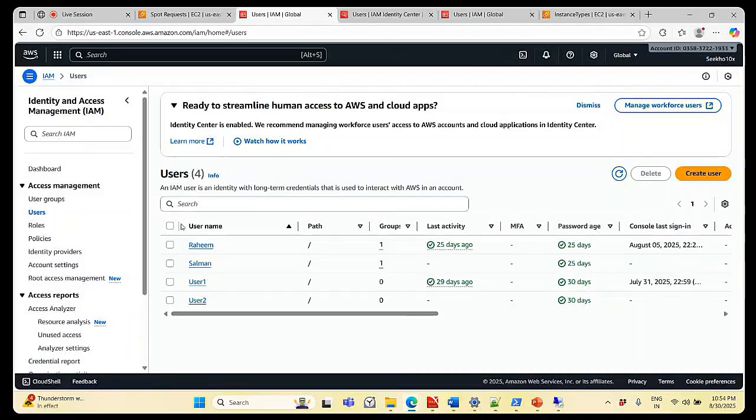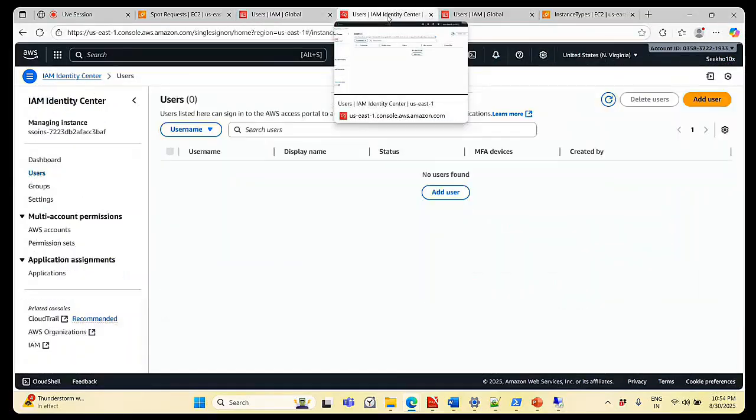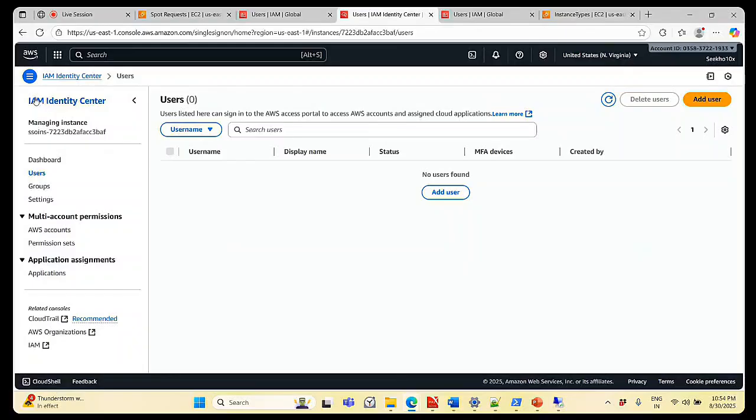Why? Because this user is a part of this AWS account, but he is not part of an organization. If a user or group has been created under the IAM Identity Center, then that user is eligible to access the entire services of your organization. That means if an organization has been added with multiple AWS accounts, like in our previous class we have gone